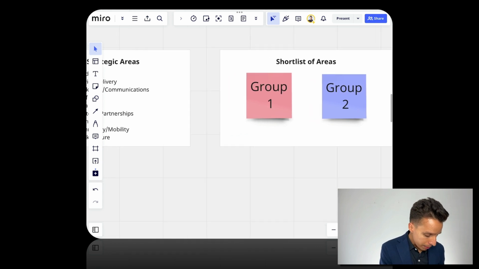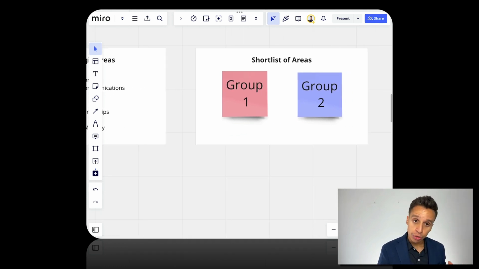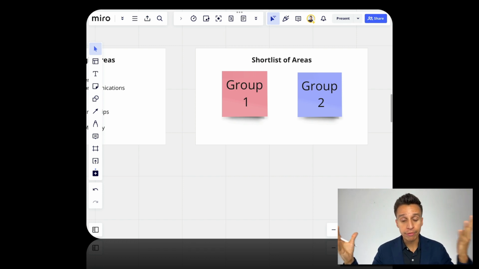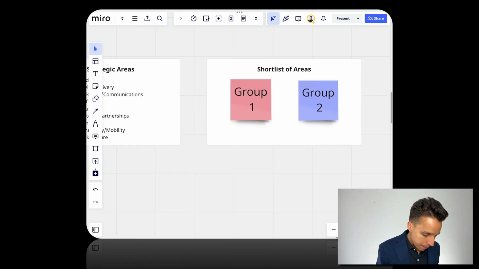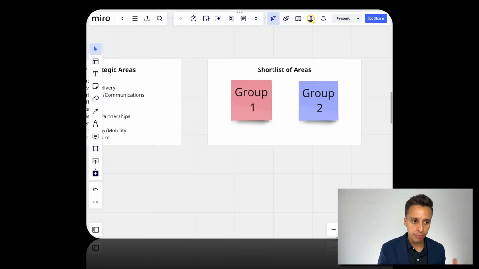Once we have our big lists, I put them back into groups and they do a short list of the top 3. So usually, you have 2, 3, 4 groups. They each choose 3, and then through a group discussion, we finalize and have a group consensus on what the top 3 are. Usually you have to remove a few and add others. And of course, not everyone gets what they want, but at least you end up with 3 that represent the